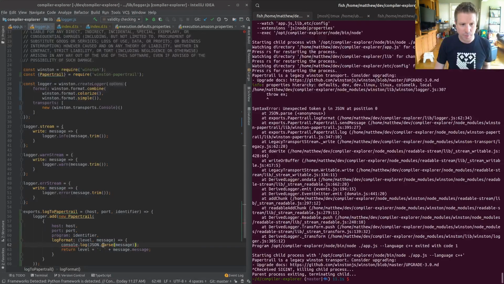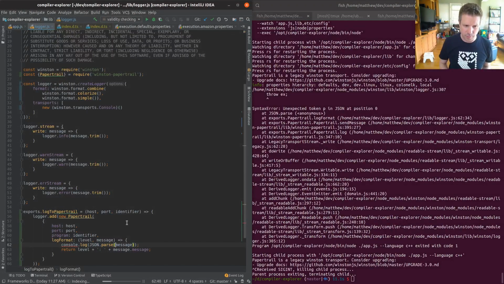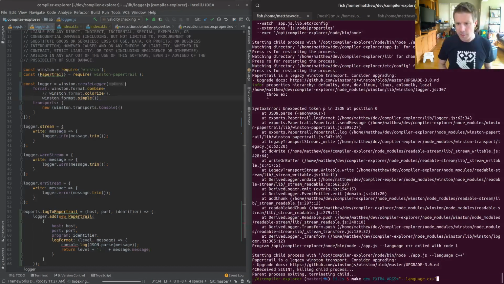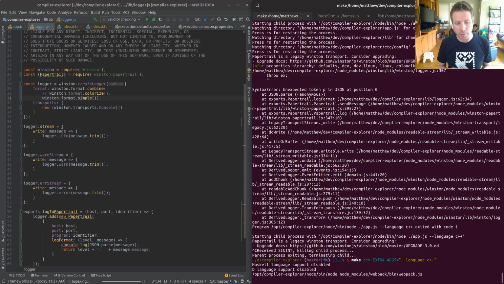At position 0. Okay, that's not quite it, but I wonder if we've got some kind of heinous... If I were to get rid of colorize here, would that work? Let's get rid of colorize. Which would be sad, because I like the colors in the log files.